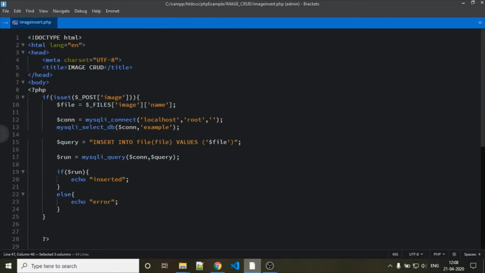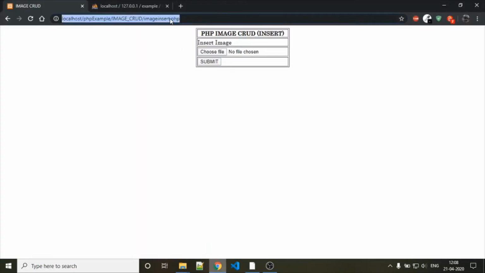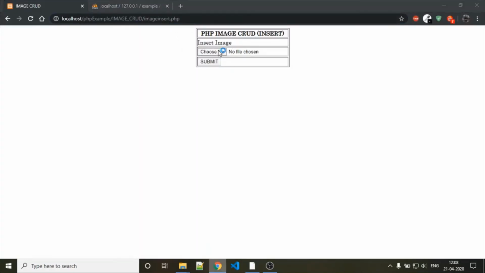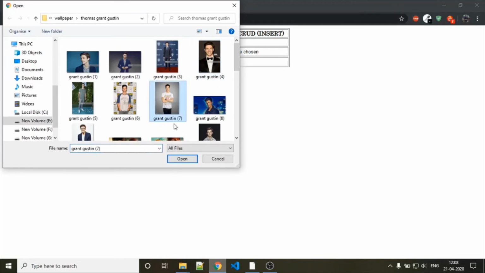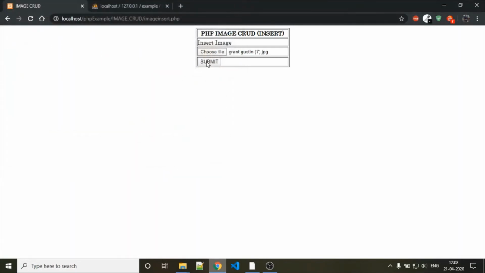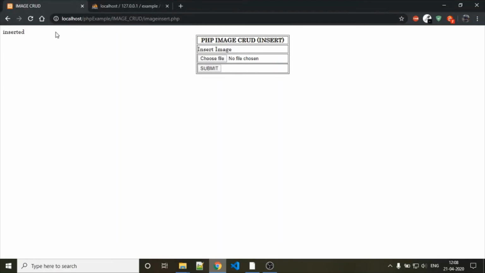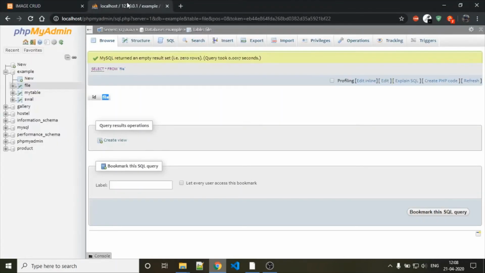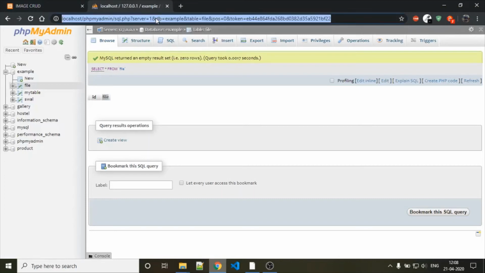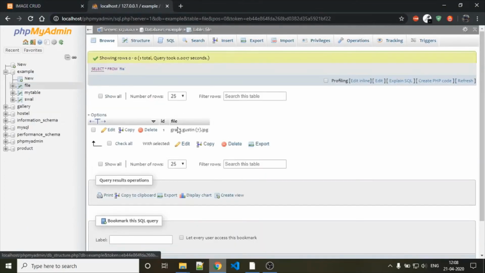If this reset button is clicked, again refresh that, choose one file, submit. Here we see that one message, inserted. So go to phpMyAdmin, check here. Here you can see that this one file is uploaded successfully with ID 1.